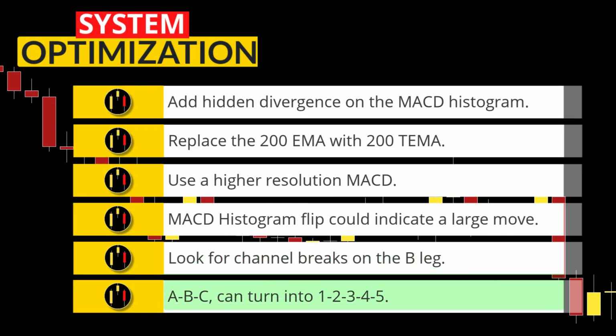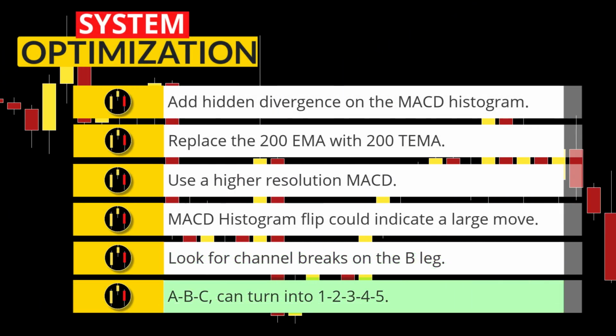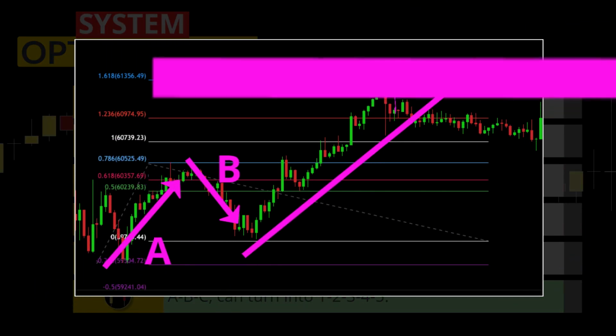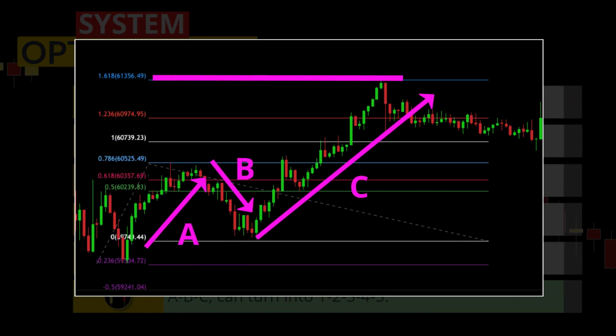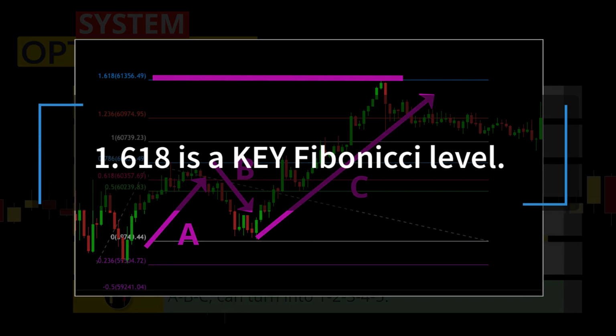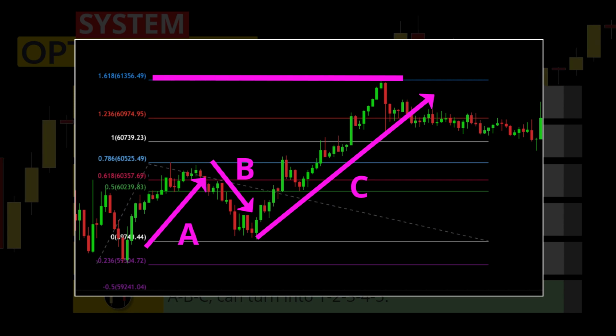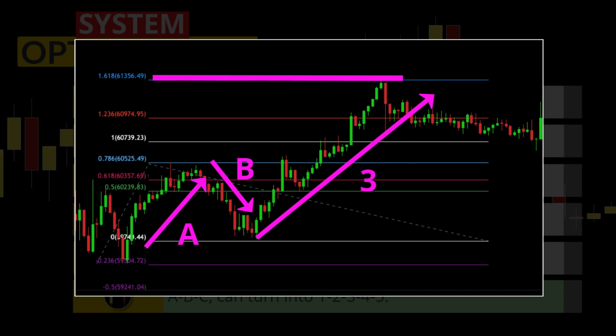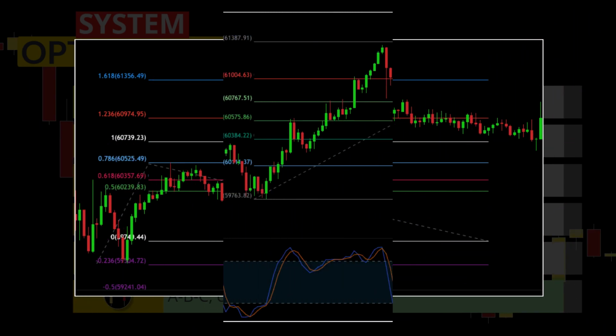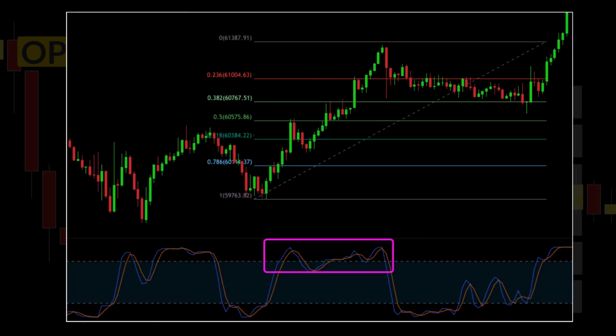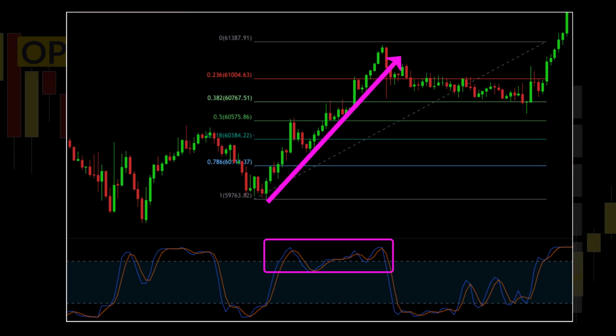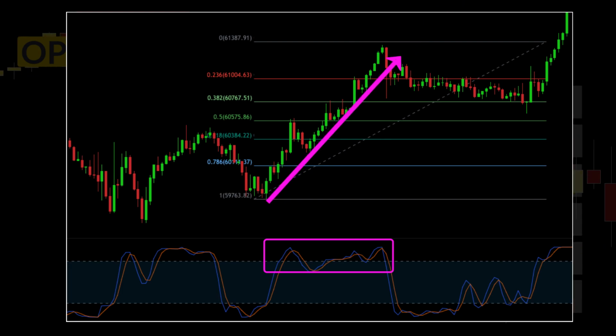Now we come to a very advanced technique that I used to trade myself. Look here, where the C leg of the structure hits the 1.618 Fibonacci projection of the A and B legs. This is a classic Elliott wave pattern that indicates an impulsive 5-wave move. When that projection level is hit, the B wave is now a wave 3, which has been confirmed by the projection. And here we can see what I call a snake on the stochastic RSI, where the indicator stays in the overbought zone during the entire move up.